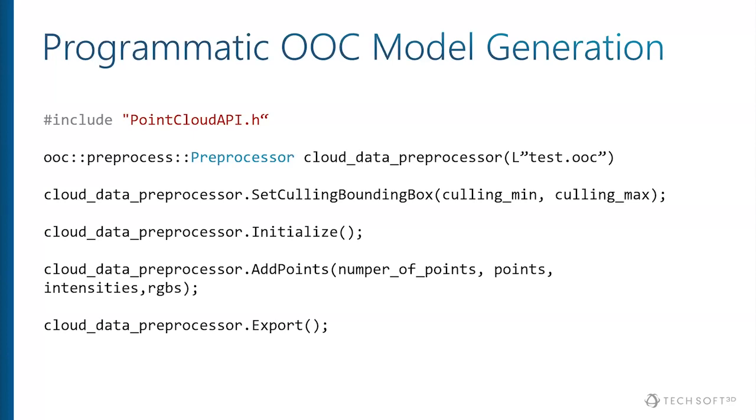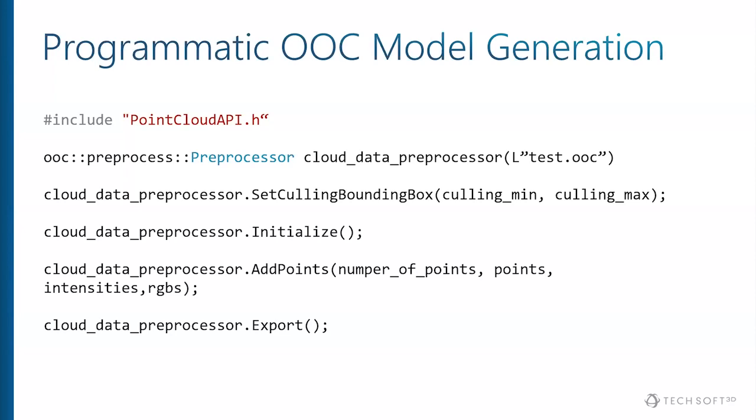You can add one point at a time. You can add a group of points, and you can obviously specify the intensities as well as the RGB data for each point as well. And that's really it. You add the points, and then at the very end, you call export, and that's where it goes through its process of optimizing, which can take some time,